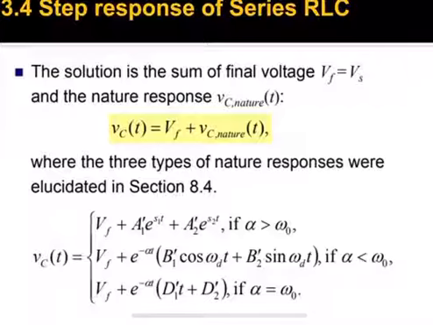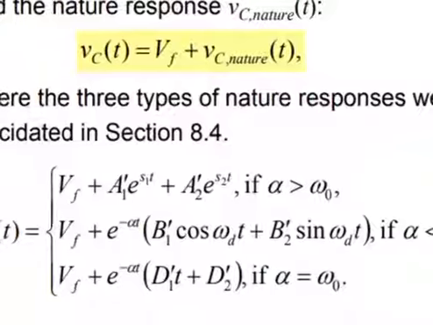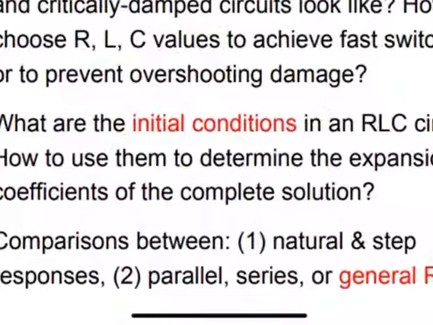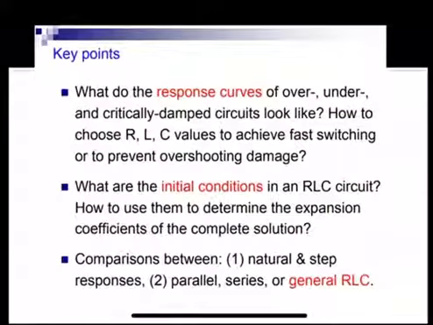The solution is the sum of the final voltage and the natural response. So it should give you vF as the final value and vC natural as the natural response. Now you just combine both. So look at the vF. If you have any voltage source in the circuit, you just plug the value into this general solution for the step response of your circuit. So the key points are